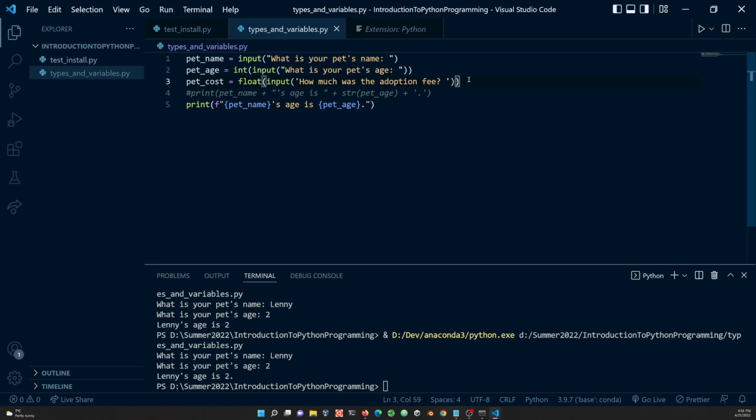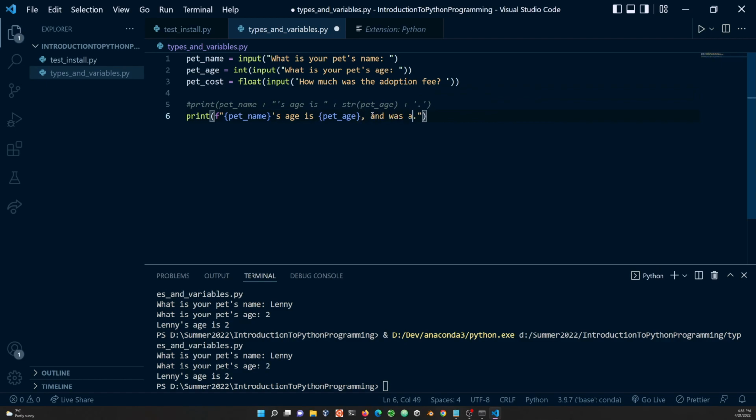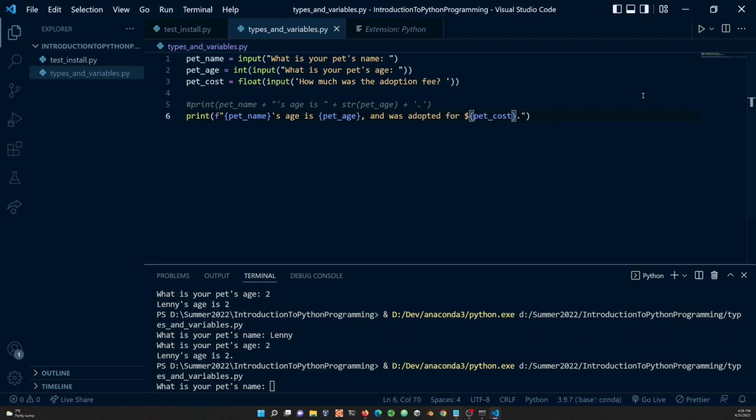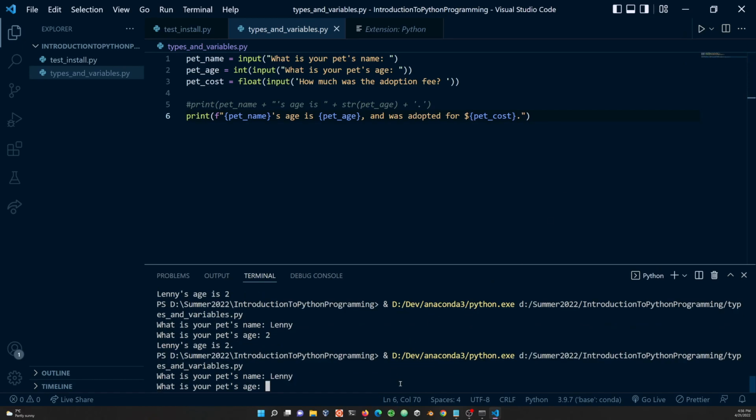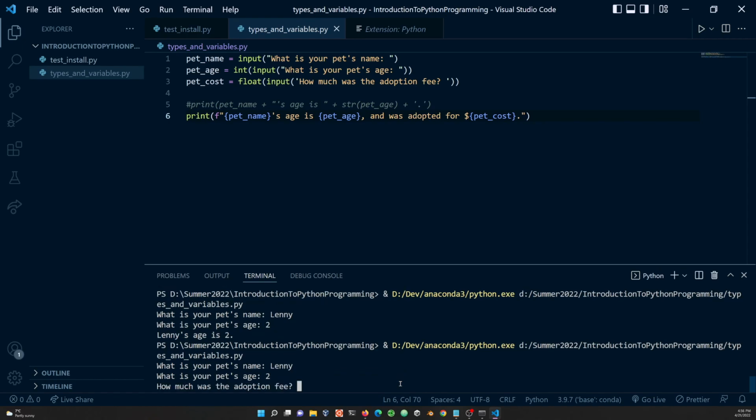Okay, so now I'm going to have pet cost is going to be a floating point variable. I can put $ signs in there, let's say, and then curly brackets to allow me to insert a value. So I can put in pet cost, so kind of unchanged here. And now if I run that, I'm going to have to type in 3 things. So let's say, for example, Lenny, and then age is 2, and the adoption fee was $280. And